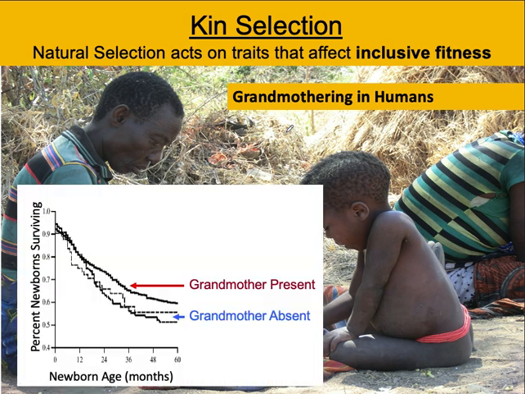And it's been suggested that when a grandmother is present, newborns have a much greater chance of surviving into the first several years of their life versus when the grandmother's absent. And so we'll get into more of the details here in a future lecture. The idea is that humans have a different life history pattern compared to other non-human primates. This different life history pattern is probably linked to many of the things that we identify as being uniquely human. And so, like I said, we'll get into that in more detail soon.